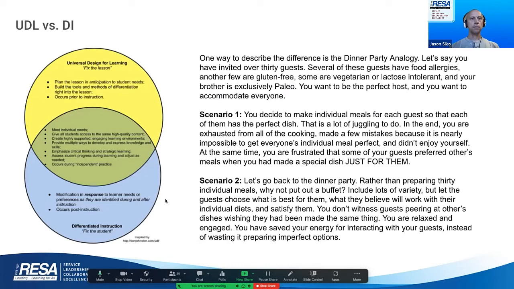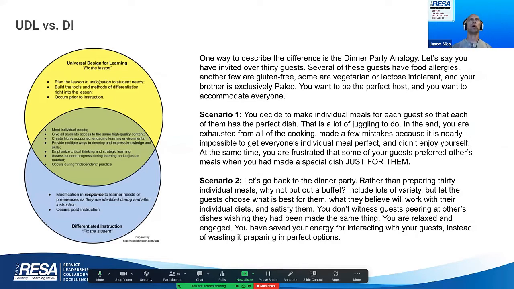So, I'm curious how many of you have had experience with universal design for learning. One other way to think about universal design is to show a little bit of a Venn diagram with differentiated instruction. The analogy that's commonly used to contrast the two is the dinner party analogy. In one scenario, the differentiated instruction method, if you're having 10 people over for dinner, you figure out what each person wants and needs with respect to food allergies or food preferences, and then make 10 dishes to meet the needs of those individual guests at your party. Whereas the universal design